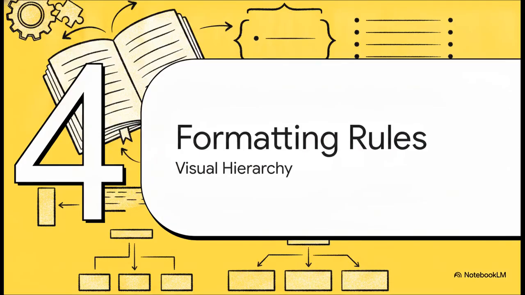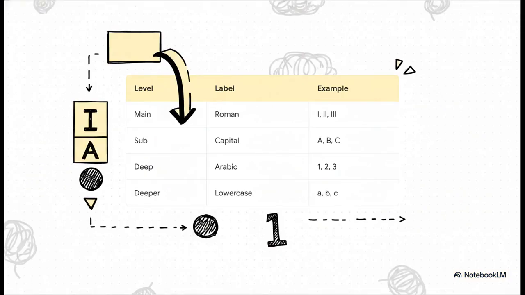Okay, let's jump into Section 4, Structuring and Formatting. Because, let's face it, organization is really only half the battle. You also have to format it correctly. Visual hierarchy is absolutely non-negotiable here. You've got to use a consistent system of labels and indentation. So, main headings get Roman numerals. Then when you break a main heading down, the subheadings get capital letters, and they need to be heavily indented. If you need to go even deeper into the weeds, use Arabic numerals, indented even further.